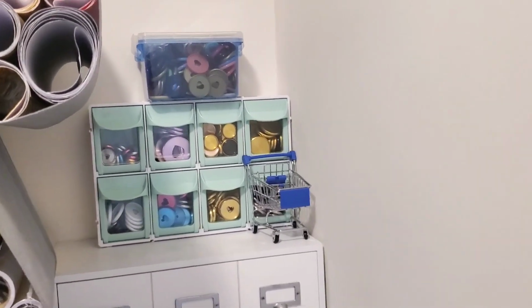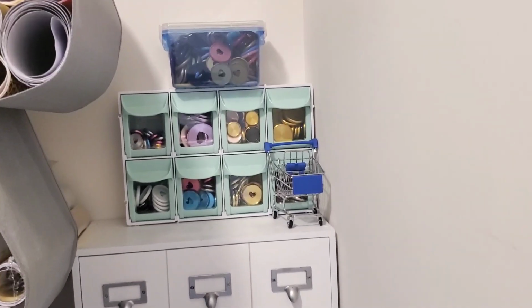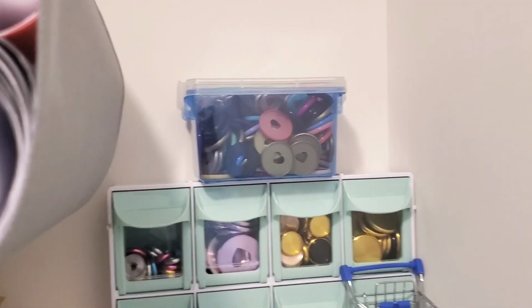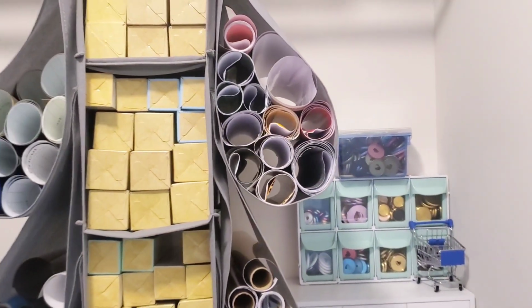So as you can see, I love my Happy Planner and I love a disc bound. So all of my discs are here. And these are all my metal ones, so I kept them in that area. And then all of my plastic ones I put in there, all various sizes. And then here is a hanging